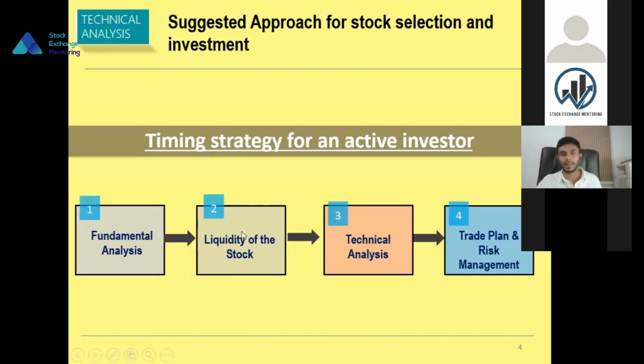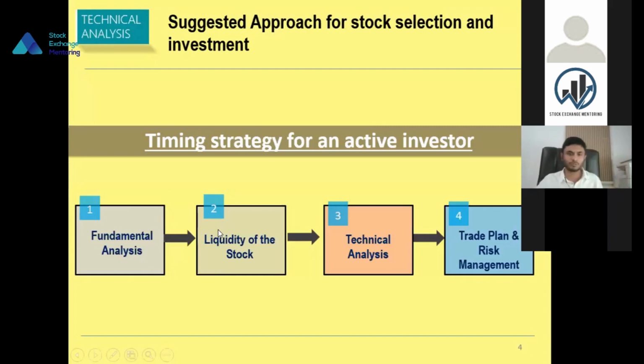Because when it comes to technical analysis, you need to be an active trader. Mostly you should be an active trader. To become an active trader and use technical analysis in line with that, to execute your trading decisions, the stock should be liquid enough to trade. To identify that liquidity, there are multiple methods, such as a ranking of liquidity, the volume movement of those stocks compared to other stocks, and the trading intensity and pricing intensity, which is another subject matter. But for the moment, you should understand the process: once you filter the market for fundamentally strong stocks, the next level of filtering is the liquidity of the stocks.